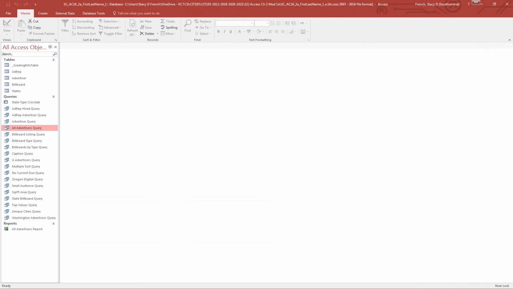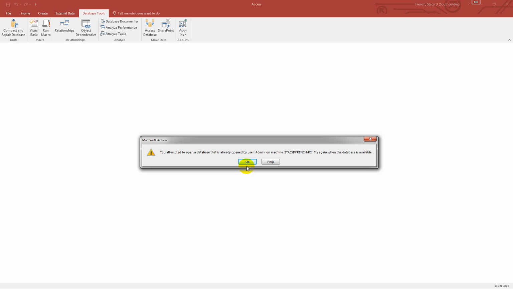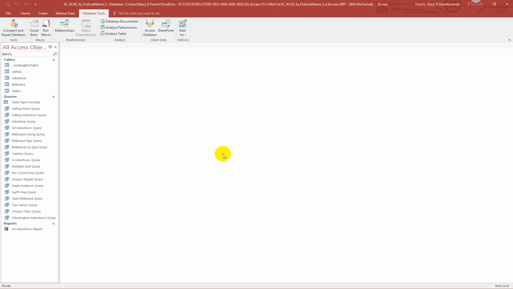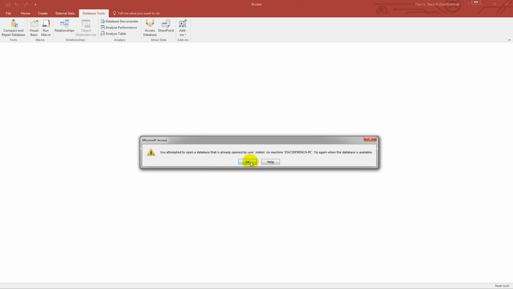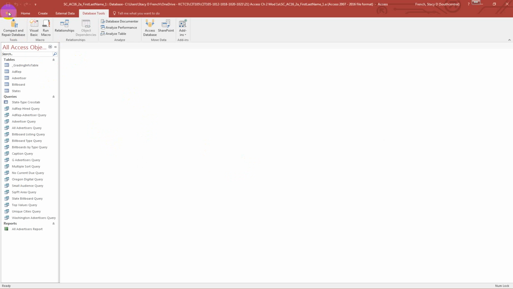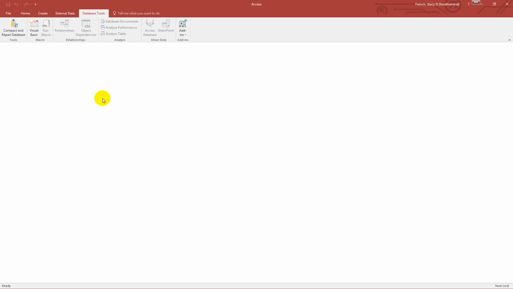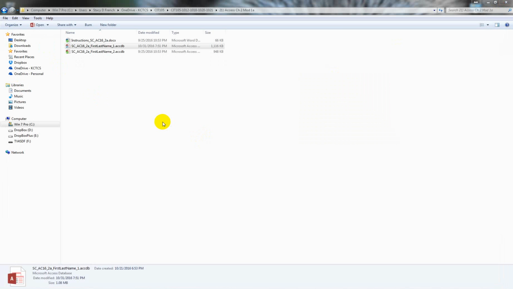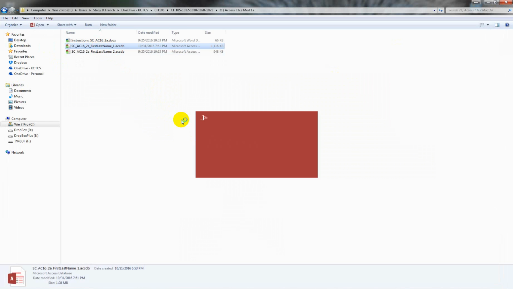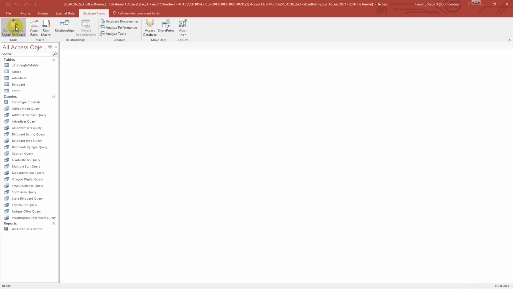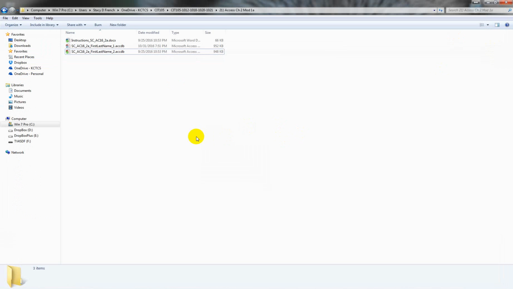Alright. And save and close all objects. Then under database tools, compact and repair database. Alright, nothing is open. Okay, so I have to exit out. File. Close. Okay. Reopen. Database. Compact. There we go. Exit. Now,